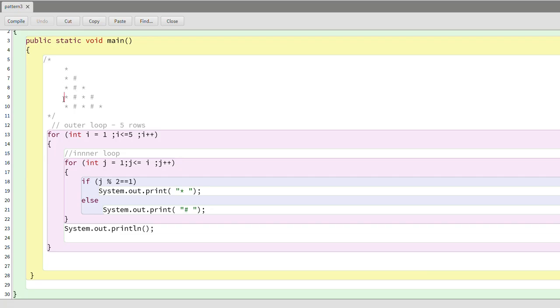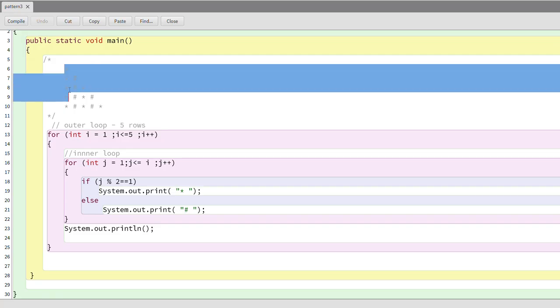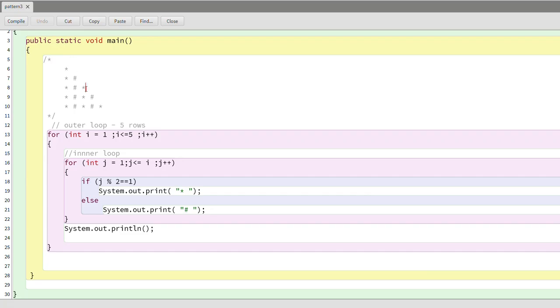star hash star hash, and then if you observe this, first is my odd number. First odd number, if you see first place, there is star. So at every odd place we have a star, but at every even place we have a hash character. Sometimes in this pattern they will give a different character, like at the rate. So here this hash character is used, we will use this.